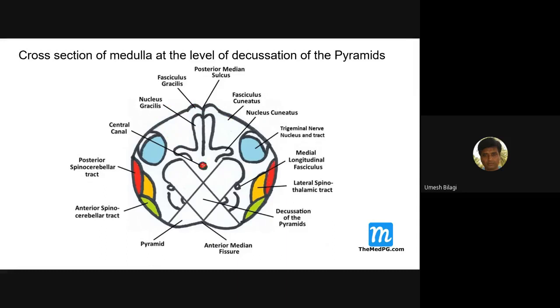This is the central canal, which is an extension of the fourth ventricle. So the fourth ventricle here, you can see. And you can see the central canal is very much deep inside. And you are seeing all these nuclei are posteriorly placed. As you go up, the central canal comes here, very near, and there is hardly any tissue. You are dealing with the fourth ventricle. The central canal will have moved up to the posterior aspect. This is how the medulla oblongata at the level of pyramids is seen.